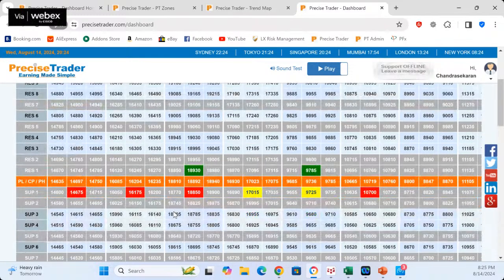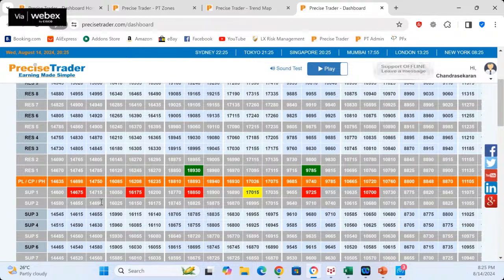Okay, then the stop loss we put at 47.40 or 55 would be better, but I think we put a very tight stop, because the reason being is we might get a lot of slippage, so we don't want to lose money unnecessarily. So we put a sell at 47, put a stop at 47.40, and our TP should be either 45.80 or 45.60, lower level. Okay, this is mainly for an aggressive trader.